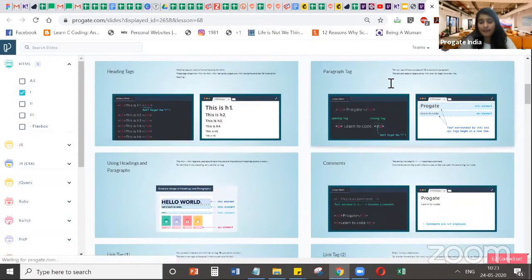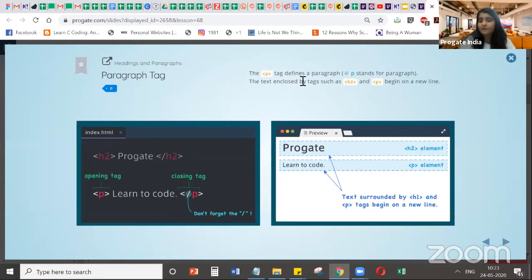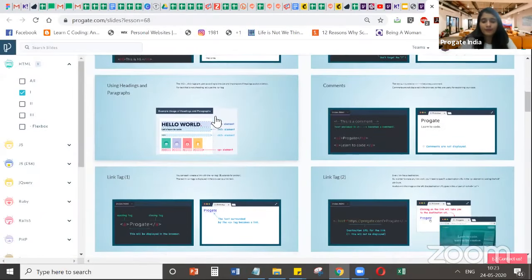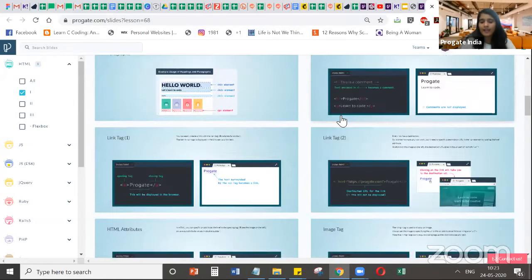we have learned the paragraph tag. The paragraph tag defines a paragraph. The text enclosed by tags such as H2 and P begin on a new line. Right? So we will be using the paragraph tag, and